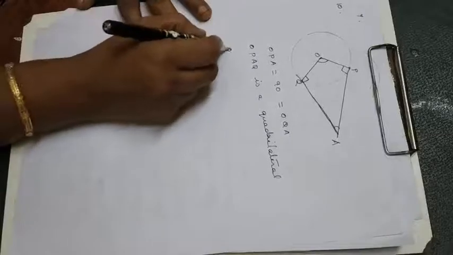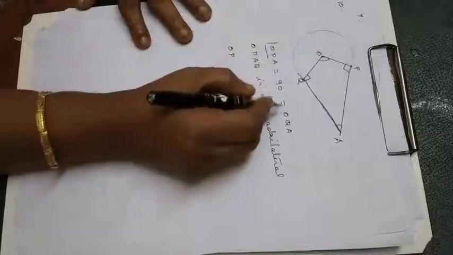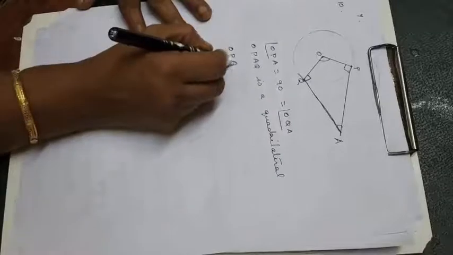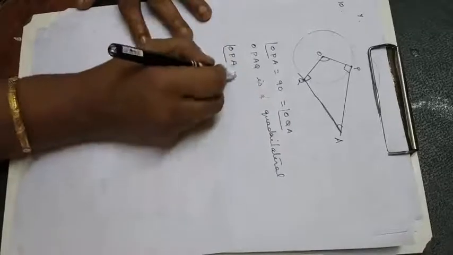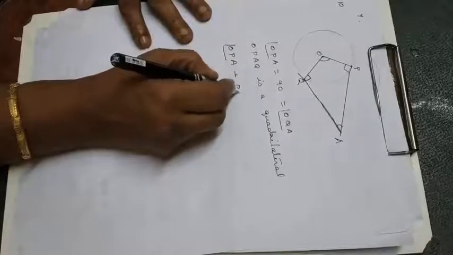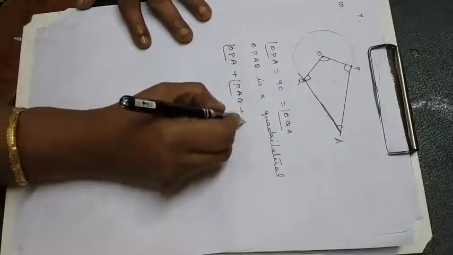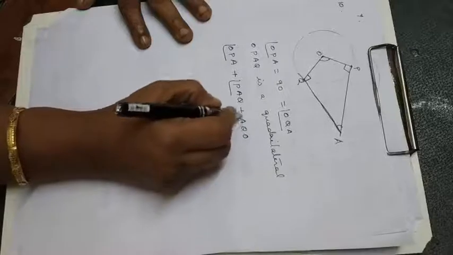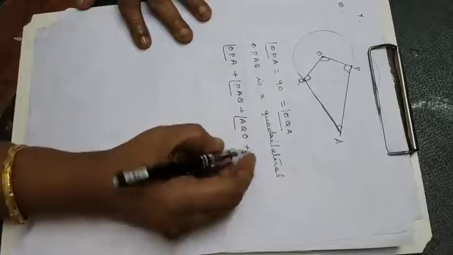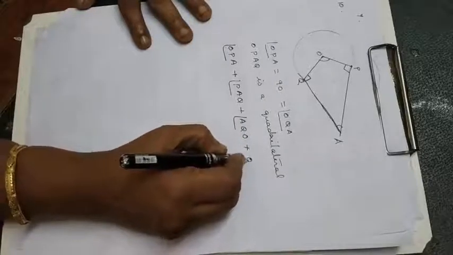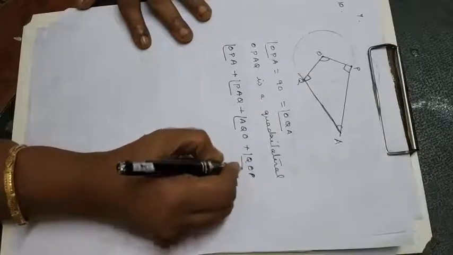So angle OPA plus PAQ plus AQO plus QOP, that is equal to